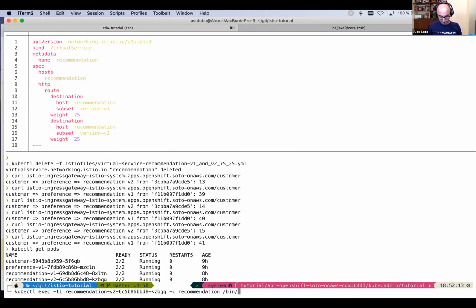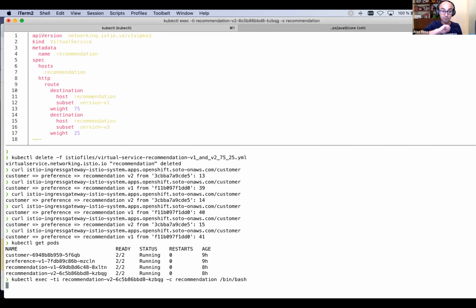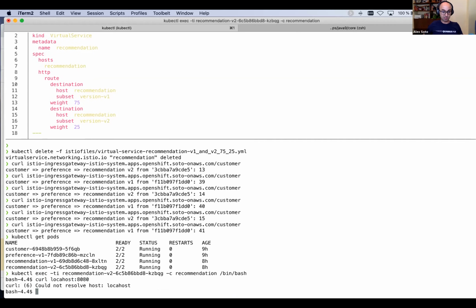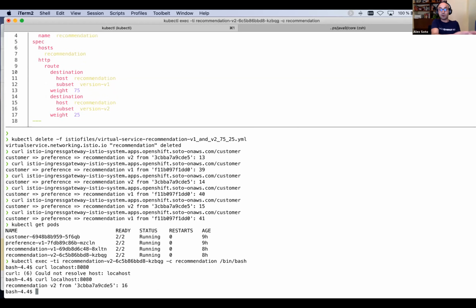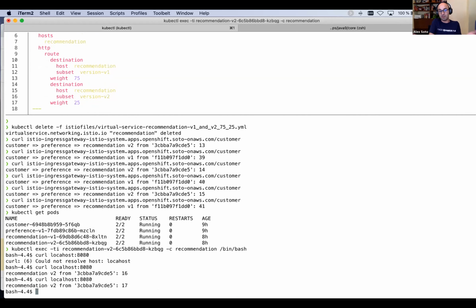Recommendation /bin/bash. So now I'm entering inside this container that is running recommendation. Notice that it takes a bit of time, but when this command finishes, I'm inside the recommendation container. Notice that I can do curl localhost 8080, and I'm getting recommendation B2 all the time,